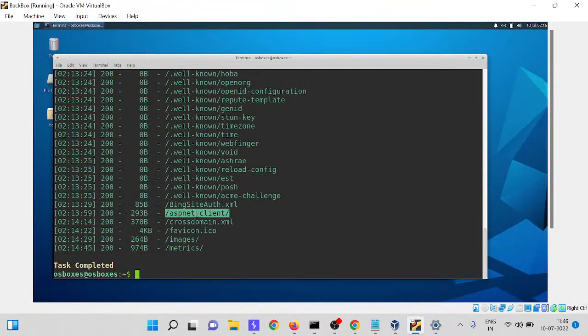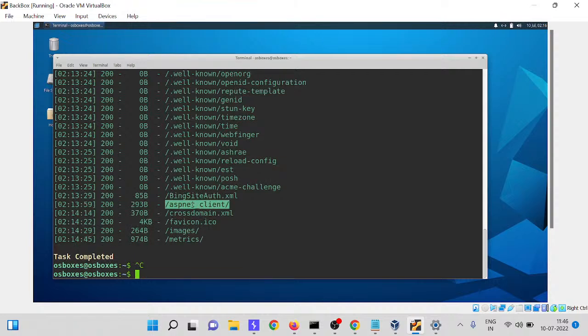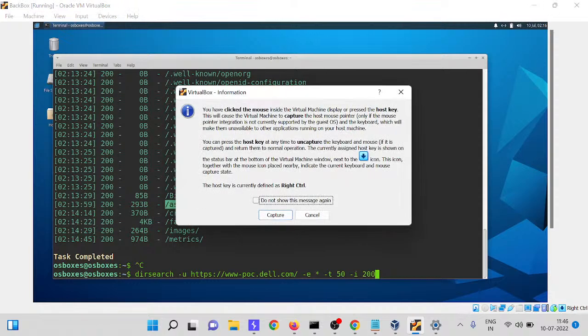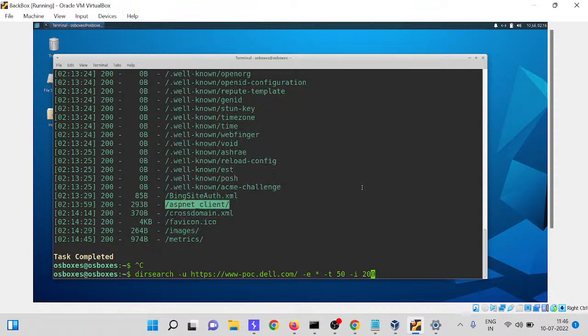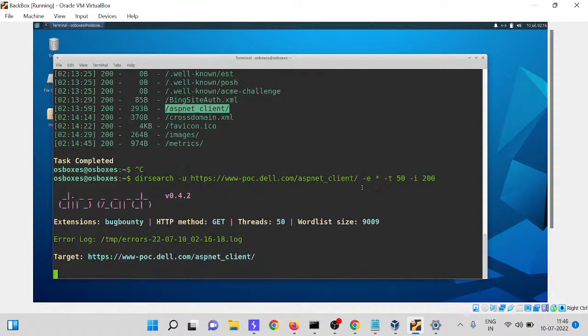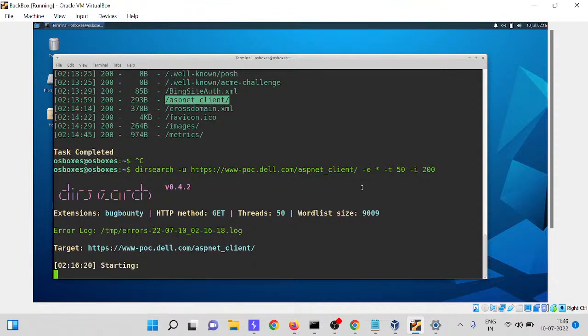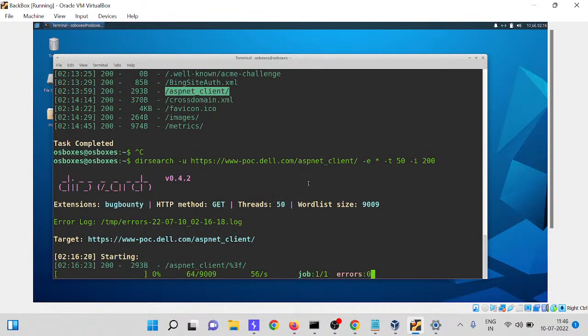So we have one more directory. Second option you can allow is 200, 403.